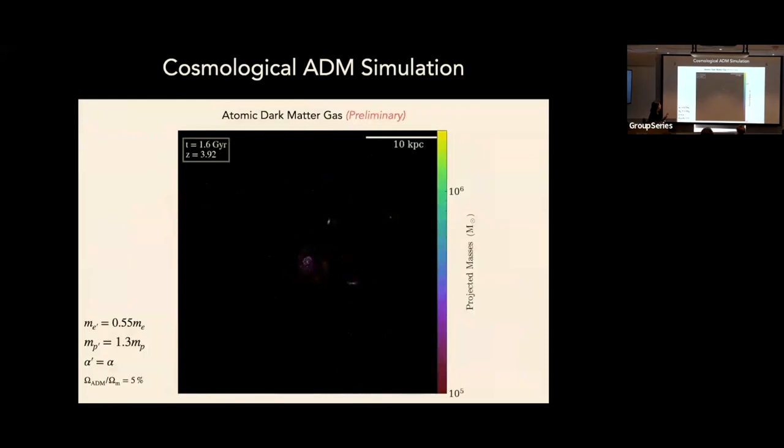Okay, so this is the same simulation. This is what's happening to the atomic dark matter gas, starting at a redshift of 4. Here's the center of my Milky Way, and you can already see something unusual. This is dark matter, a little disk right in there. Now I'm going to set this going so you can see how that dark matter disk evolves.